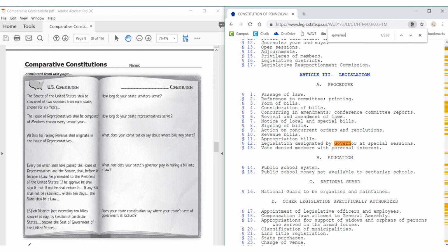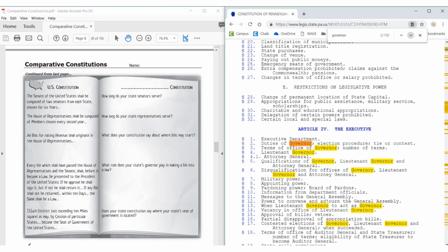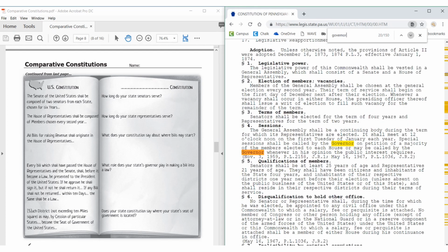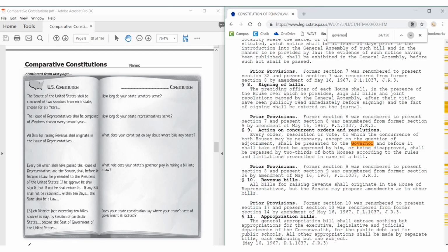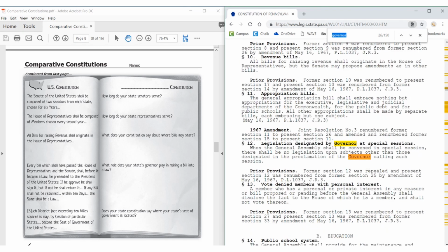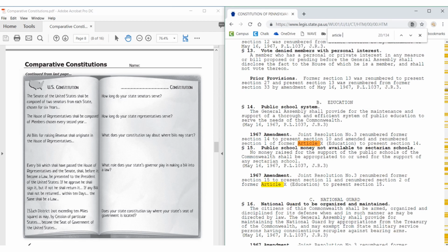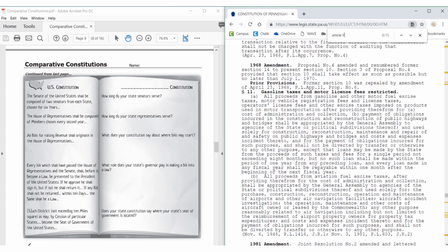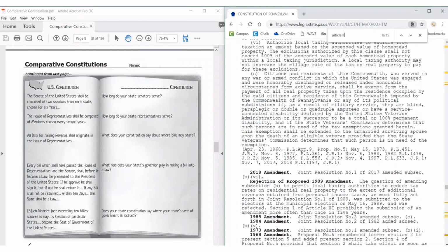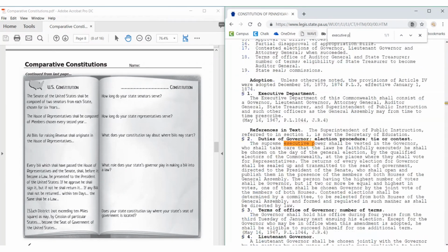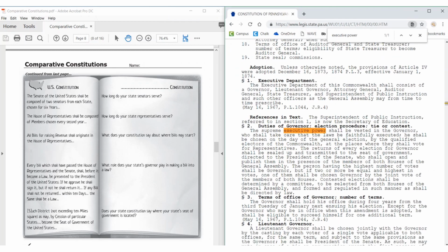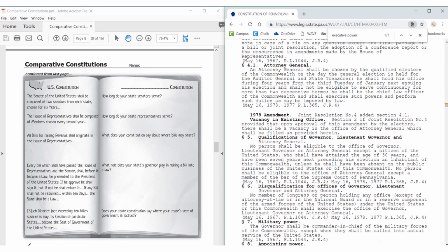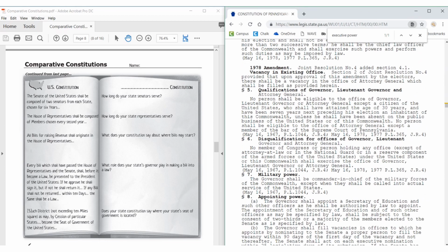I can't type. Governor. So as I see, I have a lot of things about the governor, so this might be a little bit too long. So what I'm going to do is I'm going to search for Article 2. Well, Article 2, hold on, actually, I think it's Article 4 in the Pennsylvania Constitution. Let's double check that. So let's go to executive power again. Let's see. And if I scroll down a little bit,